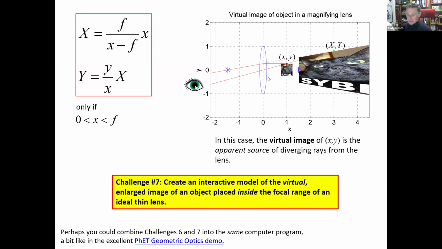I'm afraid mine doesn't produce this, but perhaps yours can. You could have a special case where you have a mouse pointer, or maybe make an app on a phone. That would be really cool. So you could move the object dynamically with your finger and the image is worked out in real time.